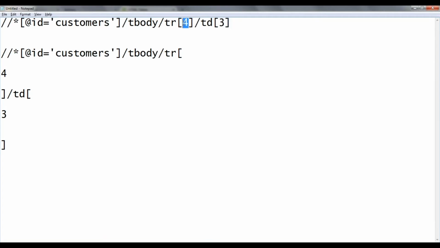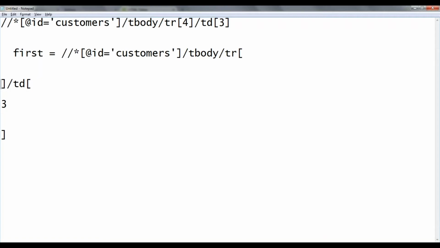So between these I am passing row value and column value. Okay, so you know how to divide this, right? So you can see here this is the first part, and then I will skip this value, only the x path I am taking. I will not take the value, I can pass the value dynamically. This is the second part.